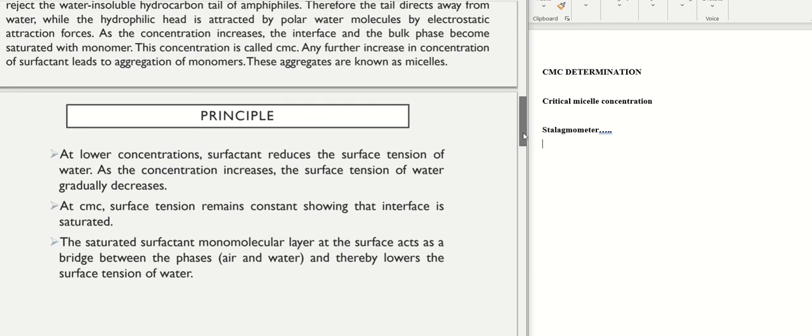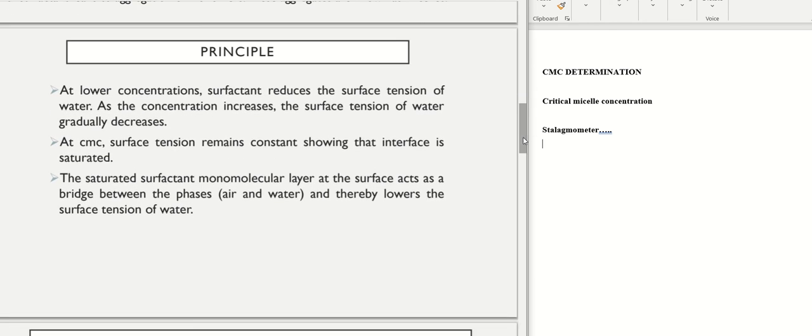This is the theory involved in this experiment, and let's see what the principle is. Principle: if a surfactant is added in lower concentration, the surface tension between the two phases or at the interface decreases. If we still keep on increasing the concentration, the surface tension will gradually decrease. But if we keep on still increasing the concentration of the surfactant,